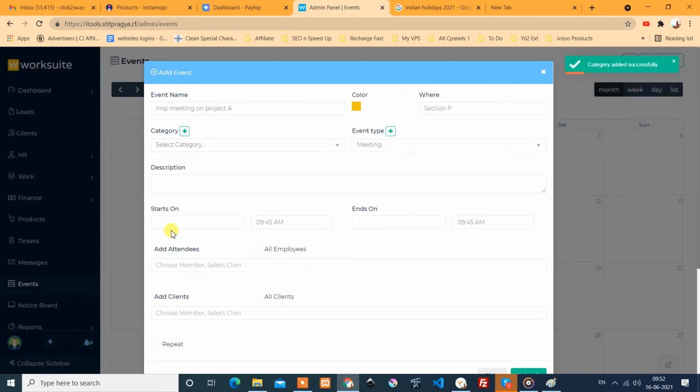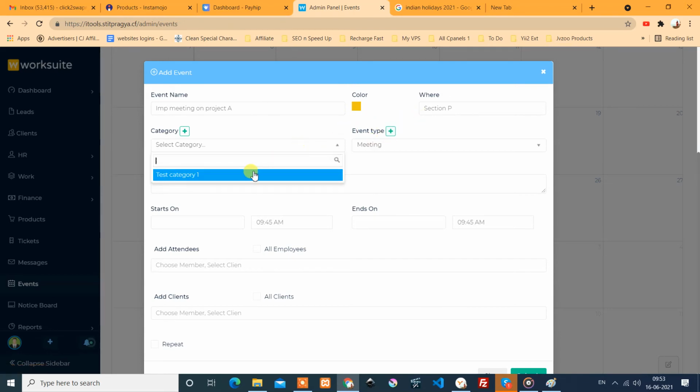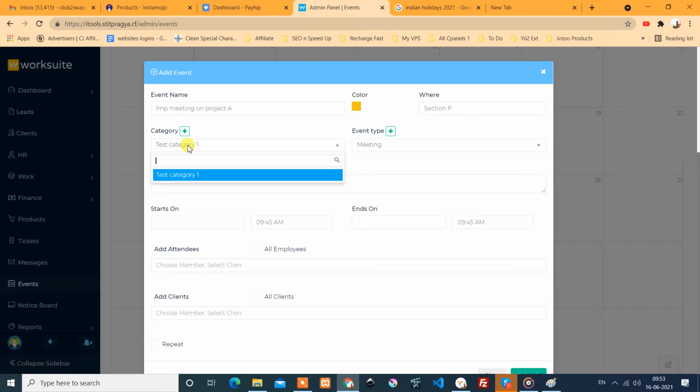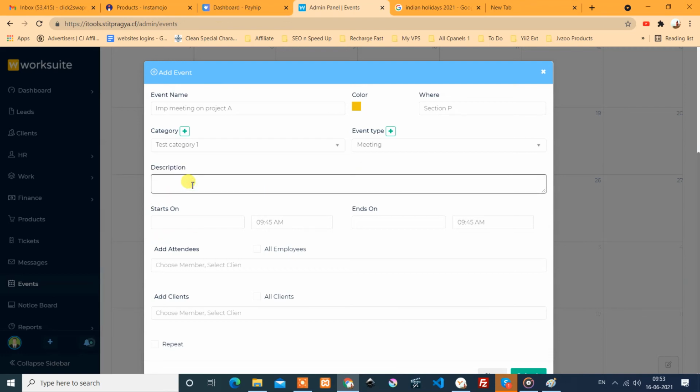These are totally optional. Means there is nothing that is required. Just that these are the things that are given. If you have many events, then to categorize the events and the type of the event, we can do like this. Okay. So you have to add them only once, and the next time, this will be available. Okay, so description, this is meeting important or